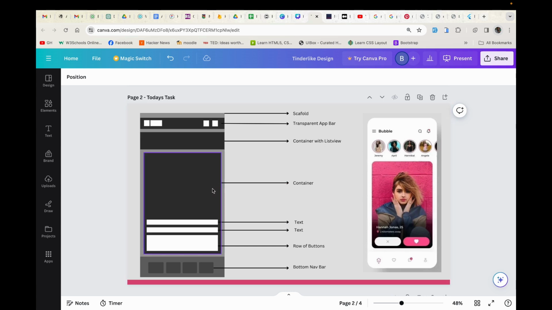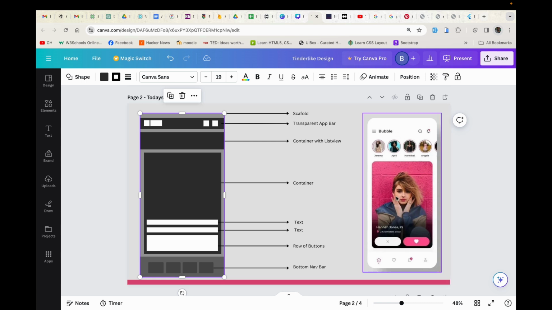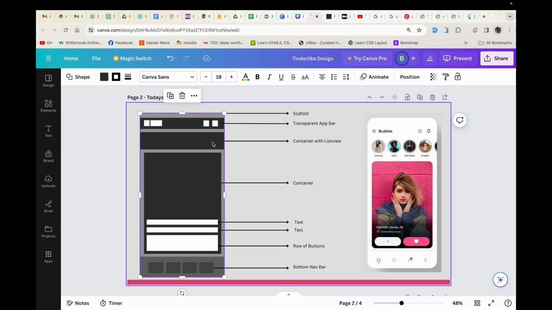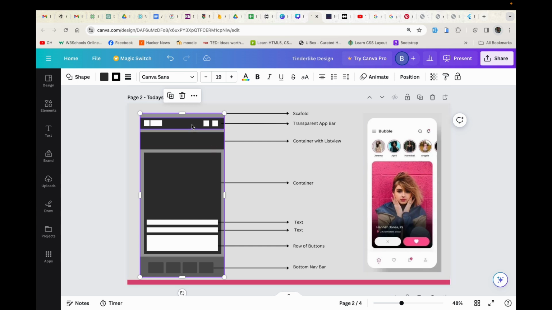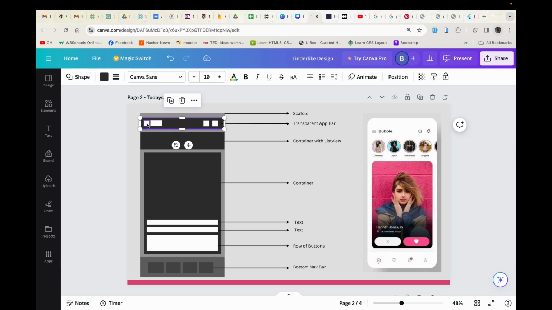Remember, as far as Flutter is concerned, you could approach things in whatever manner you want to, but this is a simple way I want to approach it today. So you see, there's a scaffold, primarily because we have a bar at the top and a bottom navigation bar, so I want to use a scaffold. And then followed by that, here is a bar. If you look at this side, we have some icons and some text in the bar,